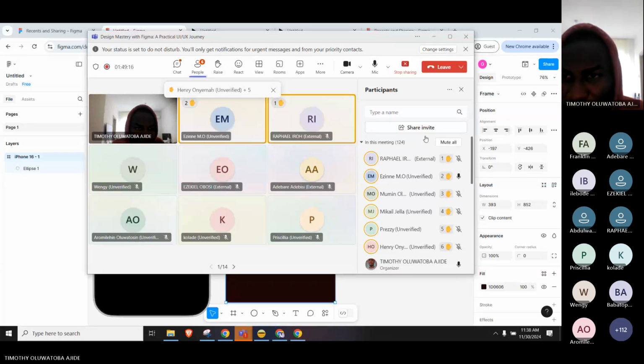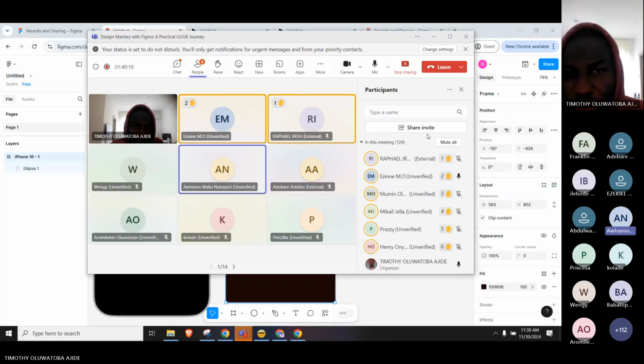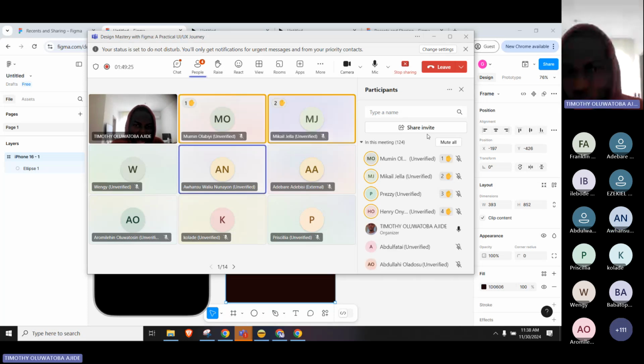I want to ask, how do we save our design? Our work, rather. How do we save after everything? How do we save actually? Yes, on Figma